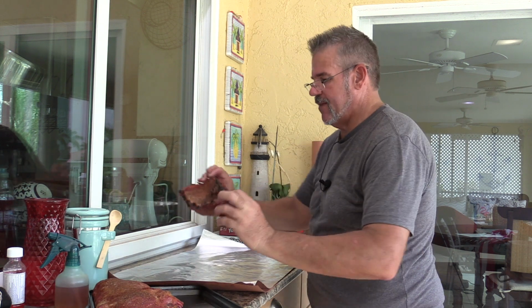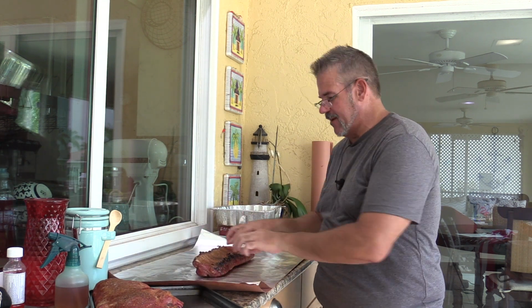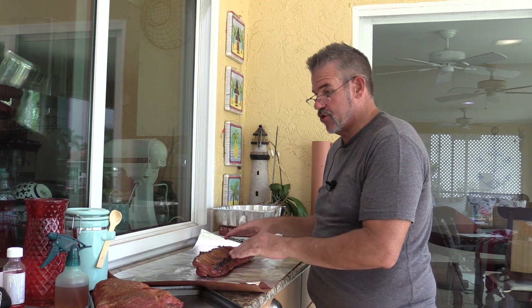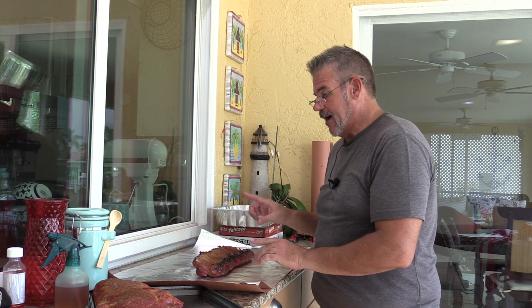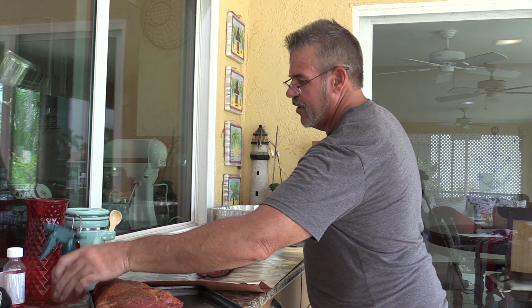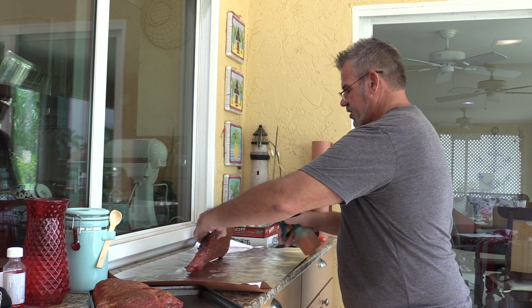So you'll notice I'm going to take this and I'm going to lay it this direction. The reason being is I have this great little area to put all of my seasonings on, and that's going to be essentially brown sugar and a little bit of apple cider. Additionally, it keeps it from poking these down through the foil when you wrap it, so kind of a good way to do it. So first thing I'm going to do is I'm just going to spritz this whole thing